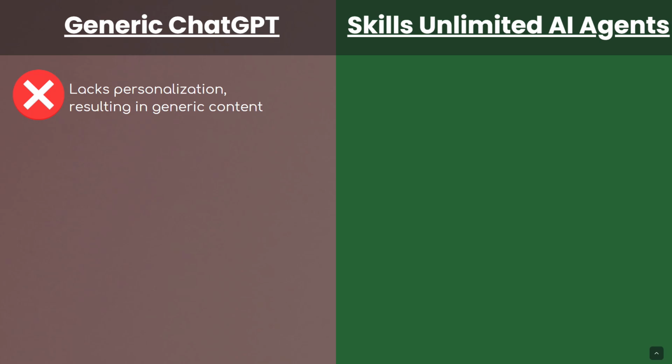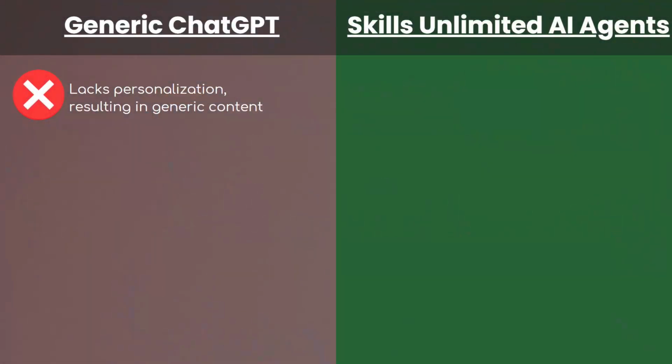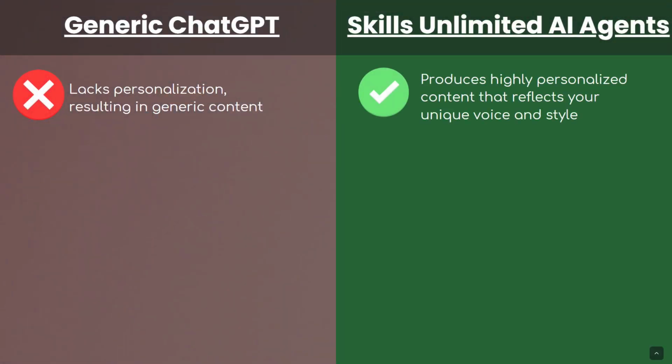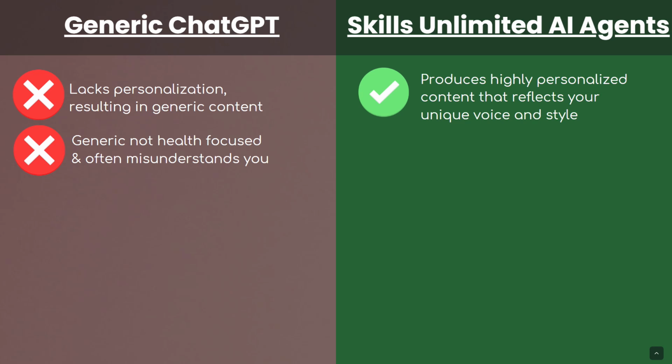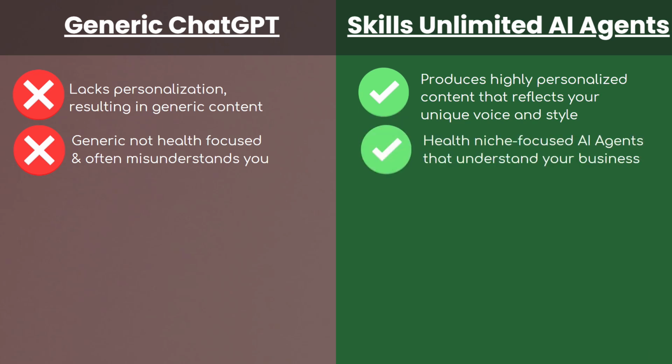And then what I've done is I'm going to introduce you to Skills Unlimited AI. Skills Unlimited has agents that are specifically trained to sound just like you, that are trained for health educators. And what these agents do on Skills Unlimited is they produce highly personalized content that reflects your unique voice. With generic ChatGPT, it's not focused on health, and a lot of times it misunderstands you, right? It doesn't really get your business. Whereas Skills Unlimited has very health-niche-focused AI agents that understand your business, your audience, your message, your brand,